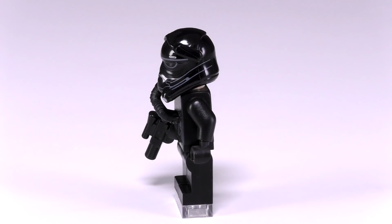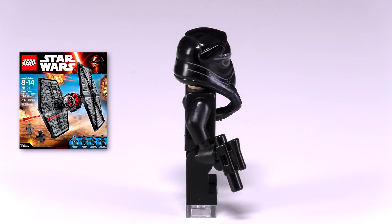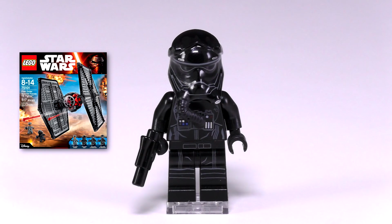include him. He is from the First Order, and he came out in the Special Forces TIE Fighter set number 75101. The detailing for the body and the mold for the helmet and the printing on the helmet, everything is new. He still does come with the